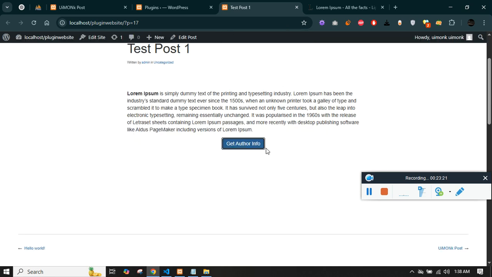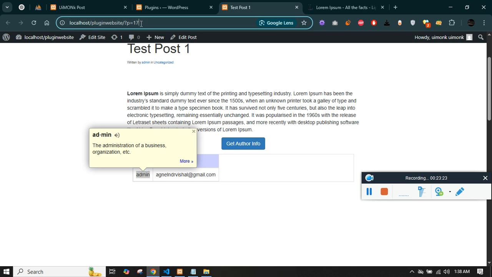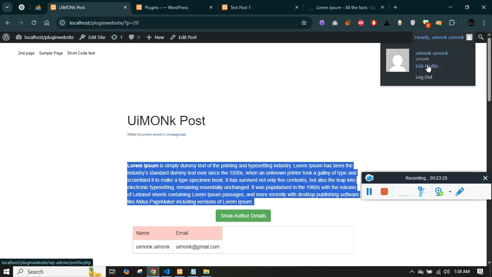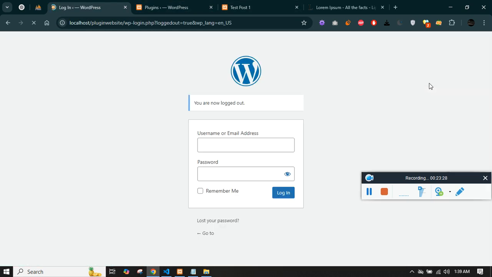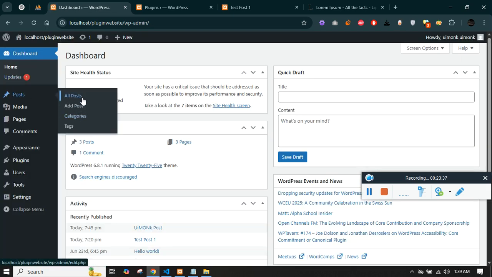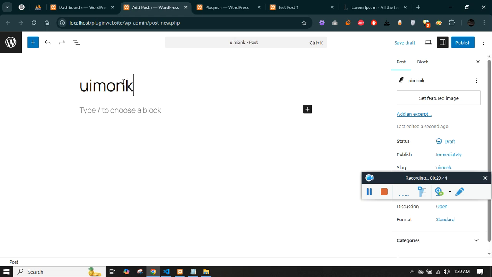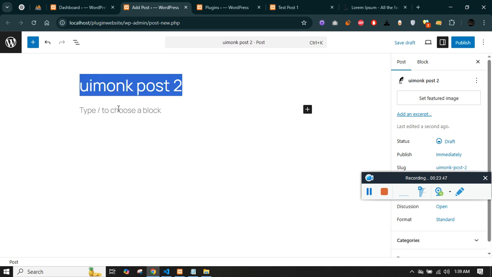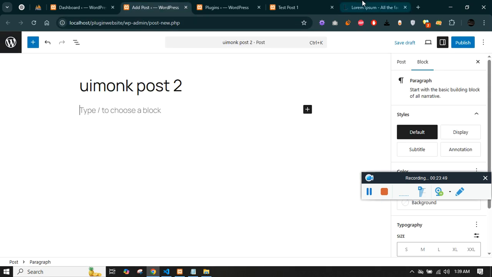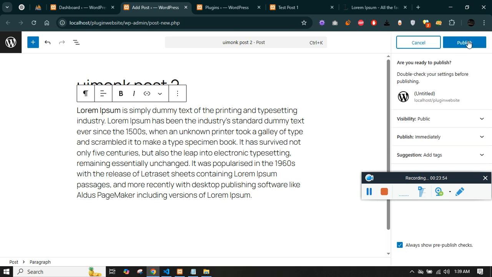And who is the author now? The author is actually admin. Let me just log out and get back to the dashboard as UI monk, and let me just create another post, and let me check whether I am the author. This is the second post, and some random value. Just get this post published,